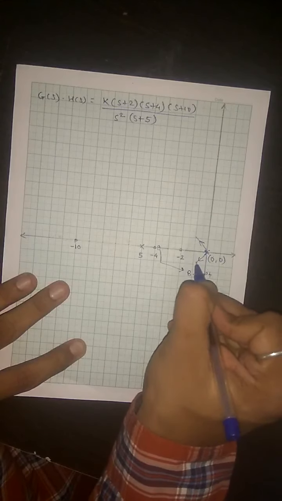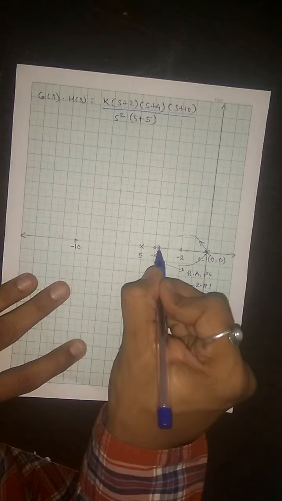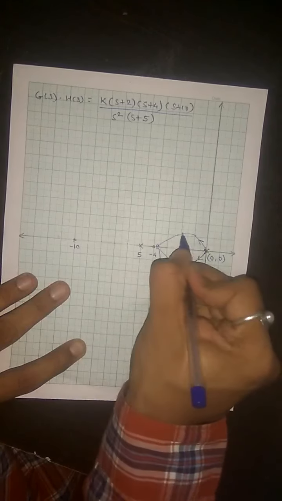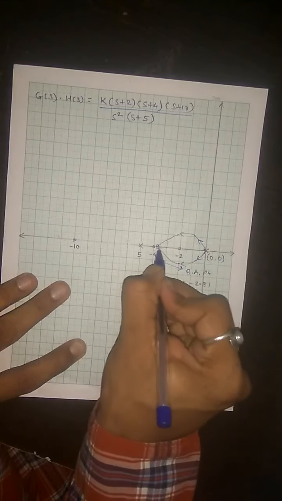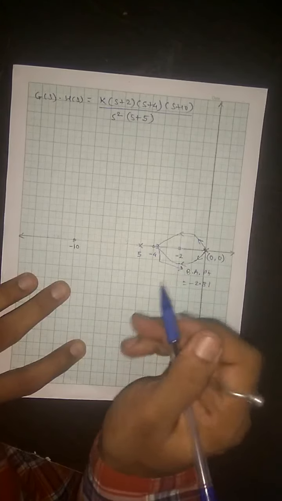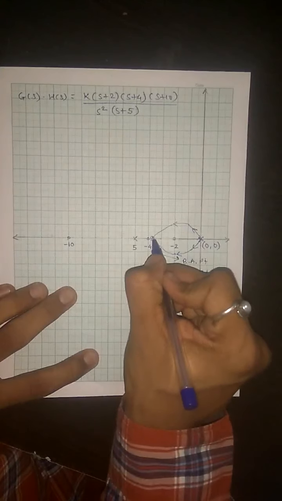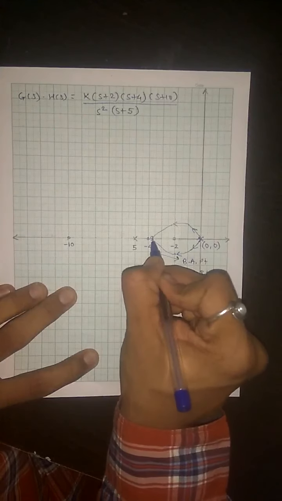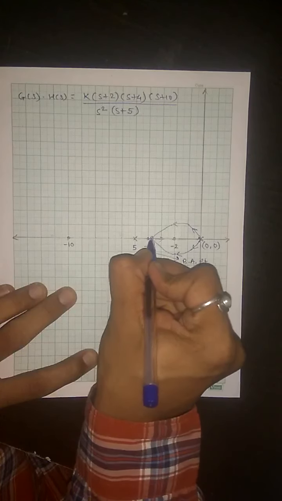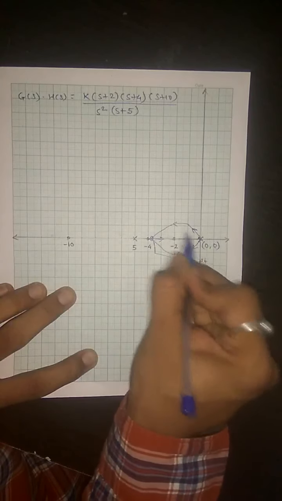These two branches will come to the breakaway point. Where is the breakaway point? Here. Two branches will come to this point, they will collide, and will approach the zeros, because root locus always starts from a pole and ends on a zero. So the two branches come here and they split. One branch will end on one zero and another branch will end on another zero. Here -4 is a zero and -2 is a zero.